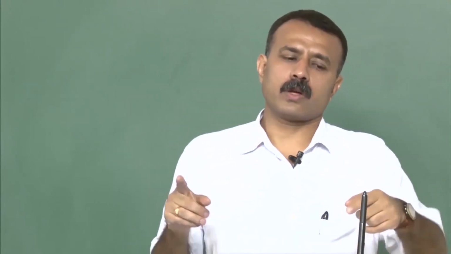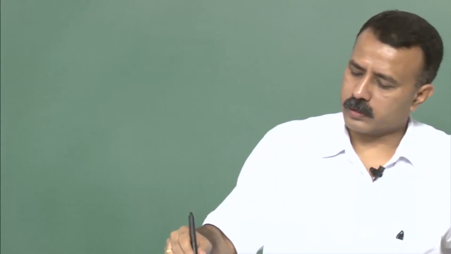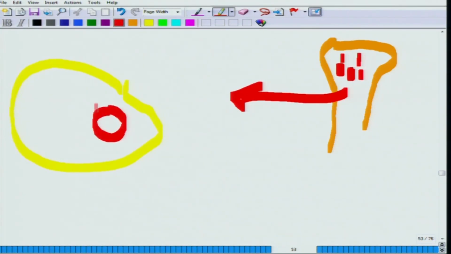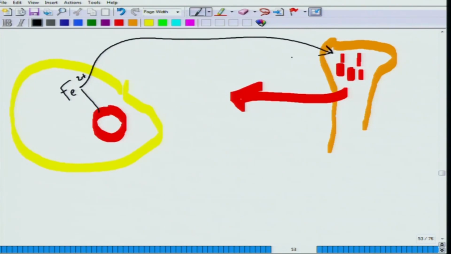So, the first thing that happens, this is essentially what happens here. These red blood cells come inside these white blood cells, which I am showing in yellow. Here is a red blood cell inside, and then what happens is this. Okay. So, then this iron, Fe2+, using different siderophores is brought back, broken down into amino acids, which are again brought back to the bones,